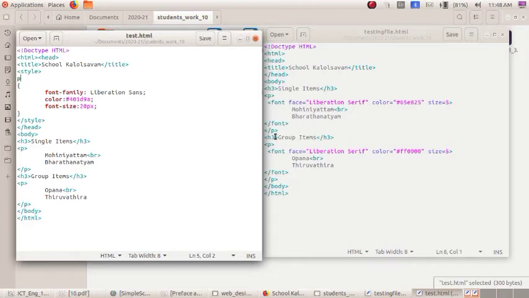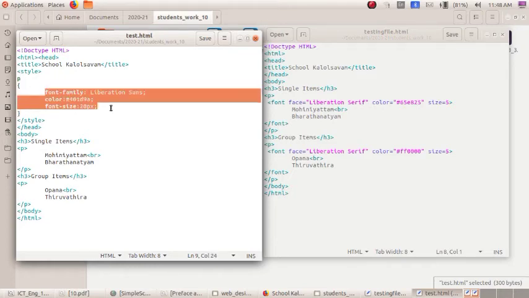So if I have to include editing or modifications or any styles to the H3 or single items or group items, instead of giving P, you can give H3 as the style. So now we understood the difference.